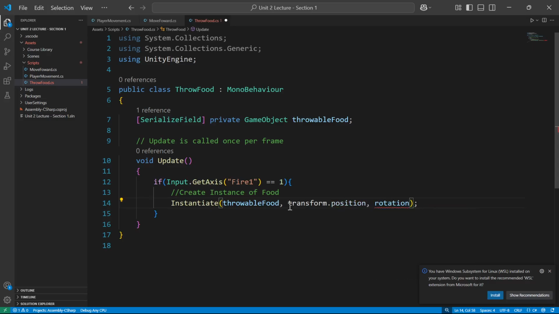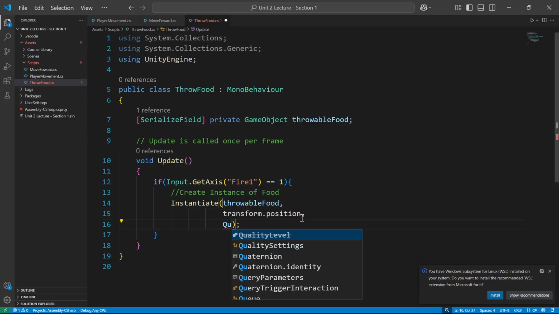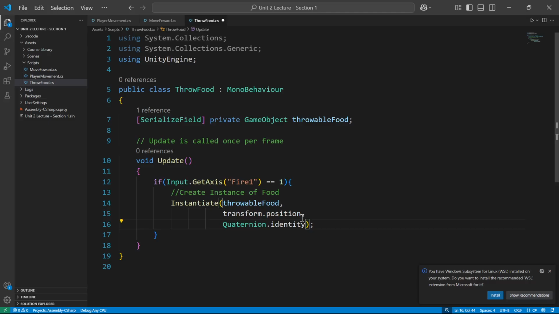Position. So this just spawns wherever our player is, right? And then lastly, rotation. For rotation, if we want to keep the rotation set for it, usually that's 0, 0, 0, right? We could just instantiate this with identity rotation. So quaternion here, quaternion is another